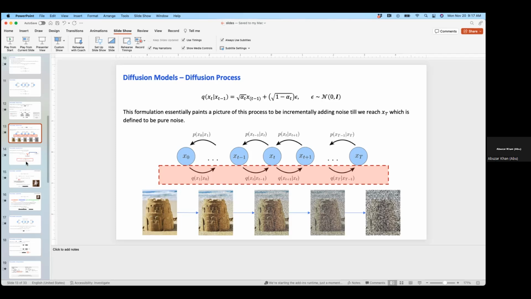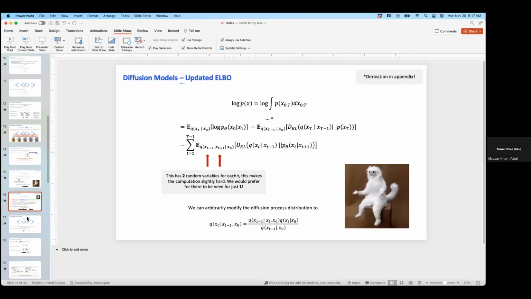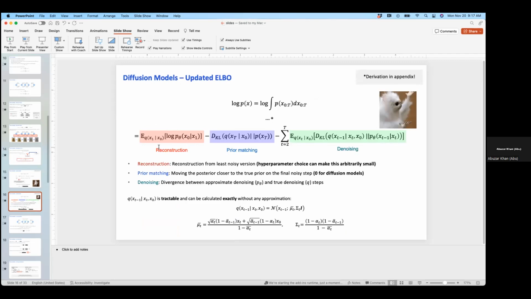So during the training procedure, let's get to that slide. Here the reconstruction is measured between what's constructed from the least noisy version of our generation process and the final image. And then it measures it against the true denoising process, which is q(x1 given x0), right? It takes an expectation over that. So it wants to maximize the likelihood of the data that you gave it. So if the image that you produced does not look like the image that you gave in, this is the term which would increase the loss,